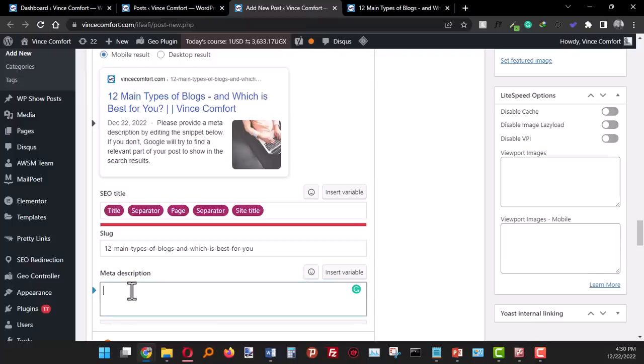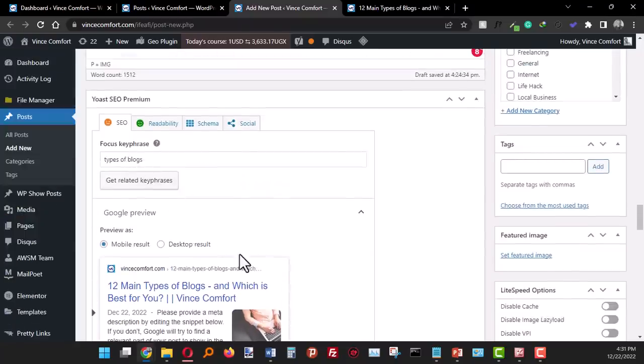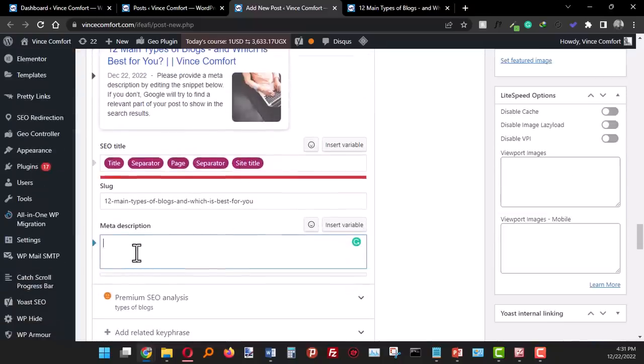So under meta description, for SEO purposes, yes, we need the key phrase to be there, which is types of blogs. And it's also important to have the key phrase closer to the start of the sentence, so it should be close to the beginning of the meta description. Okay, so main types of blogs, I do